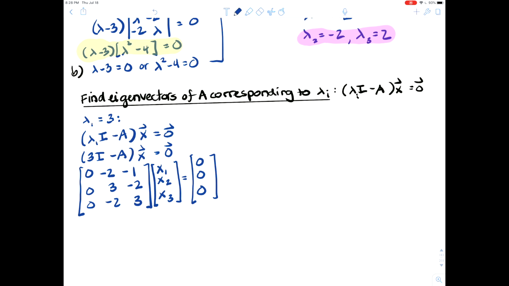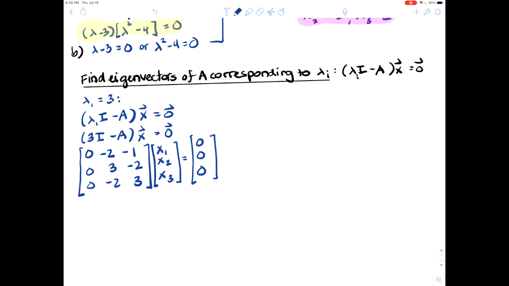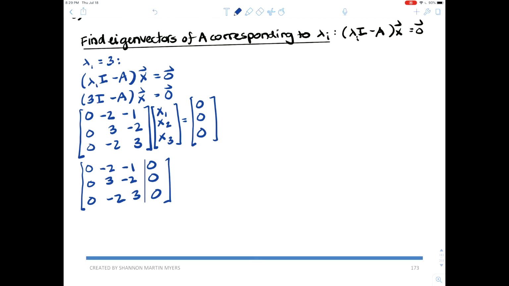Cool so far? Well, we've solved stuff like this a lot, haven't we? We basically look at the augmented matrix and row reduce. So we're looking at 0, negative 2, negative 1, 0, 0, 3, negative 2, 0, 0, negative 2, 3, 0. So notice we're really just solving a homogeneous system of equations, right? So to save some time, I've prepared the reduced row echelon form. So the reduced row echelon form will be 0, 1, 0,